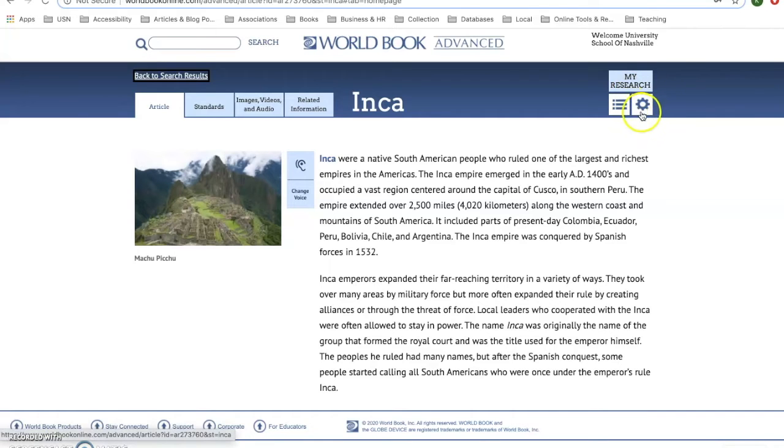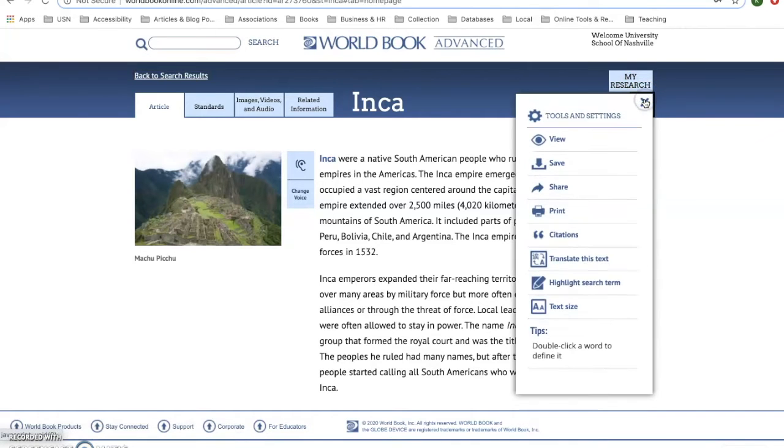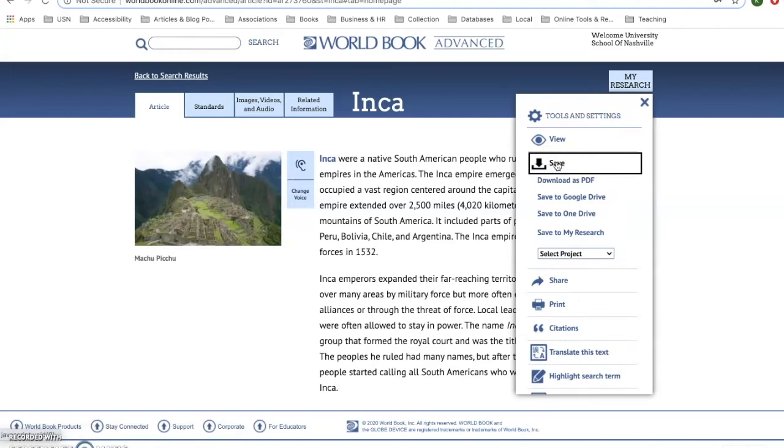At the top right, click the cog icon, which will bring up the Settings menu. From here, click on Save. Then you'll see that you can either download a PDF or save directly to Google Drive. If you don't mind giving World Book access to your Google Drive, you can choose that option. If you'd rather not grant them access to your files, choose Download PDF, and it will send the article to